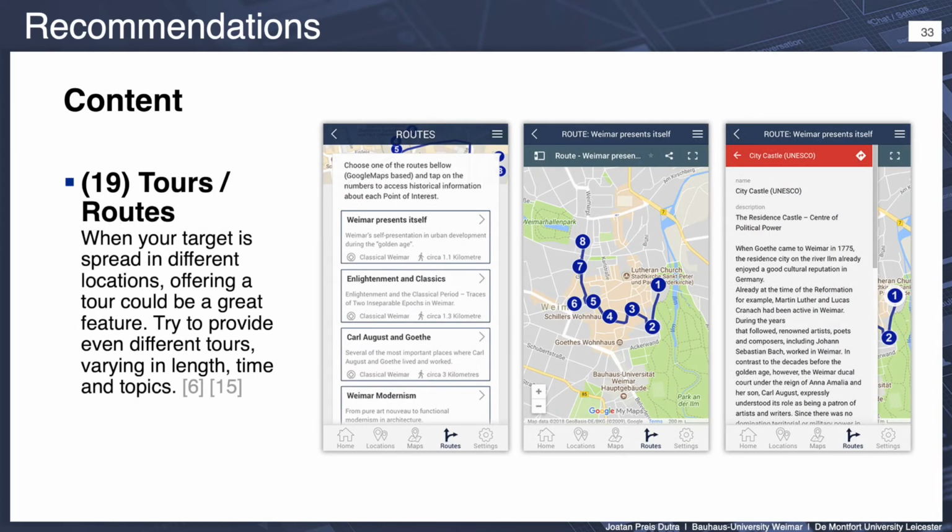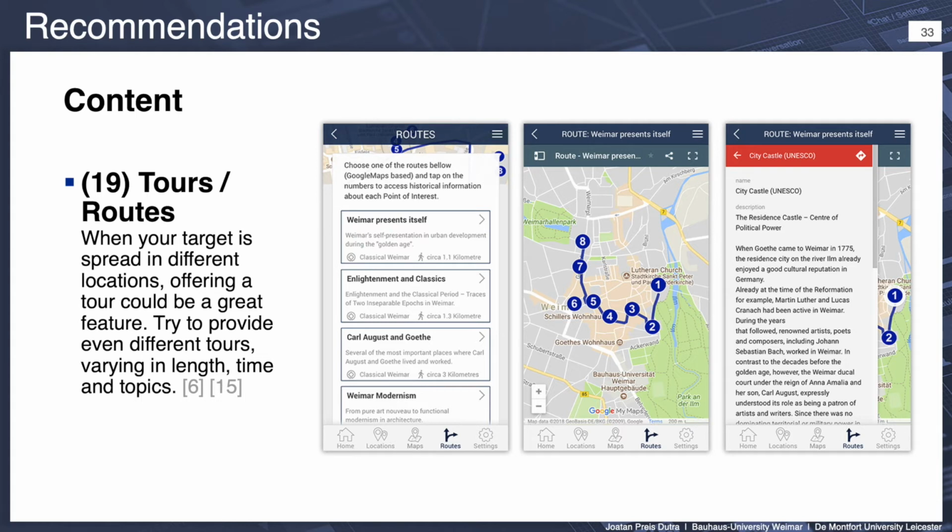And of course, you talk about open air spaces that you can move locations, and then of course you should offer tools and routes, but not just a route, but try to make different routes, because sometimes you have tourists in your city. Maybe they just want to be there for the afternoon, maybe they want to be there for a couple of days. So then it's better to create different routes with different length of time, and then you